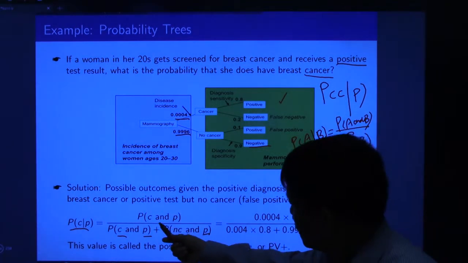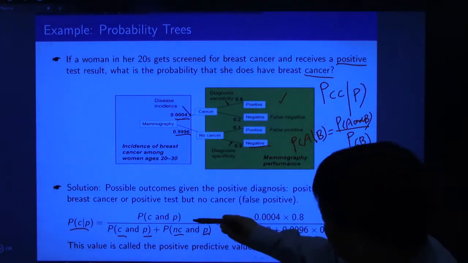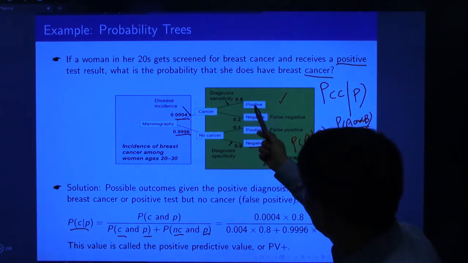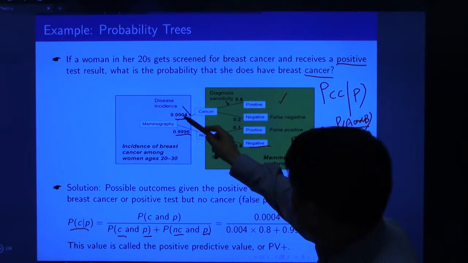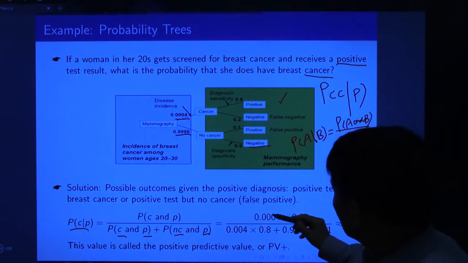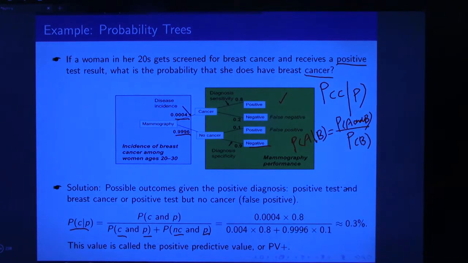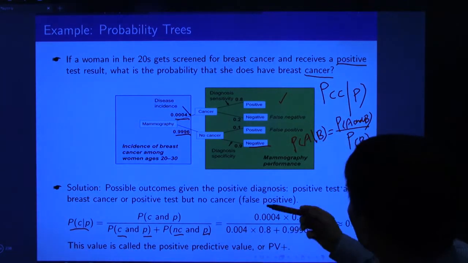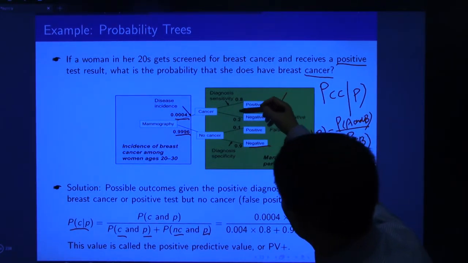Now C and P mean cancel and positive. So cancel is here, positive is here, right? So that means this probability will be 0.0004 times 0.8. This one is this, and this one is here. So on the top, we get this result. On the bottom is positive with cancel. So positive with cancel, it will be this one